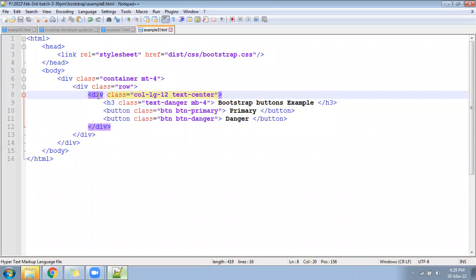Is it coming in the blue and red color combination?